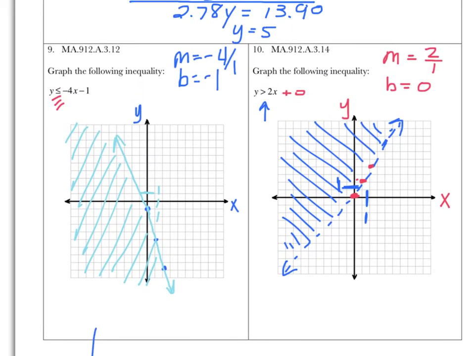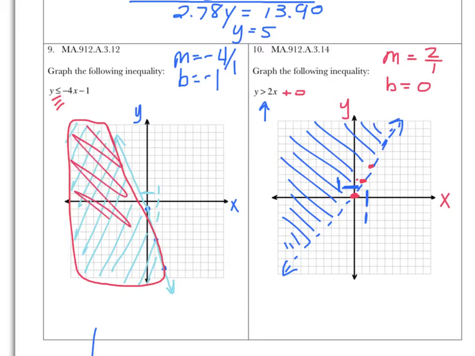I do kind of want to know, what does this mean? What is, for instance, I'll just use a different color, but what is this region all about? What does it mean about the points that are in this region? I kind of made just a big mess out of this, but I would expect that you know that any point that is in that region is a solution to this inequality. Also, in addition to that, any point that is on that line is a solution to